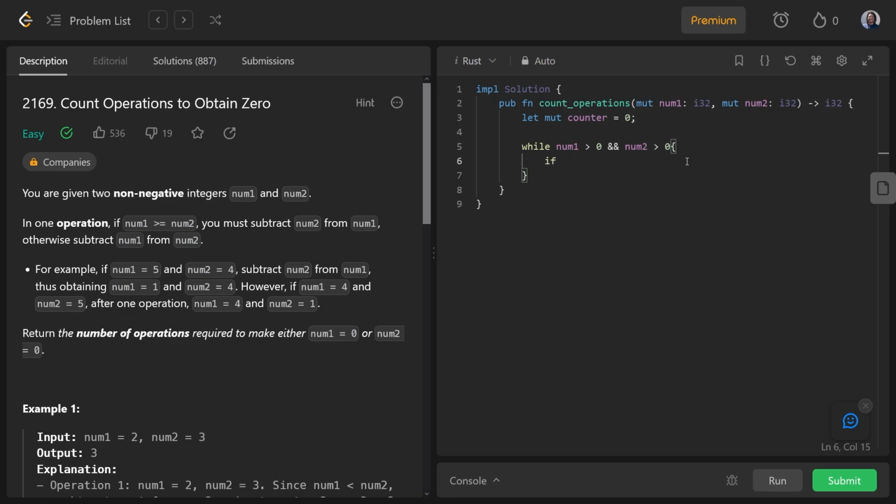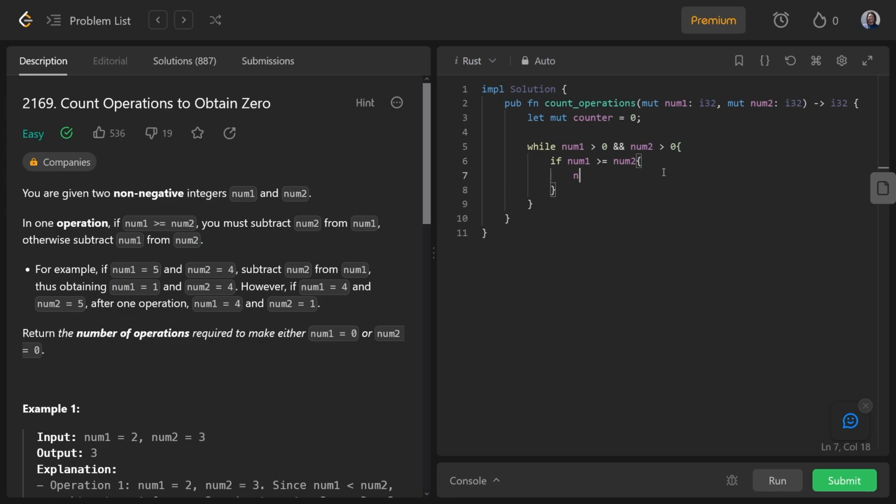So next we want to check. We could do a match here, but I'm just going to do an if statement because it's just a lot easier. So we're going to do num1. If num1 is greater than num2, then what we do is we just do num1